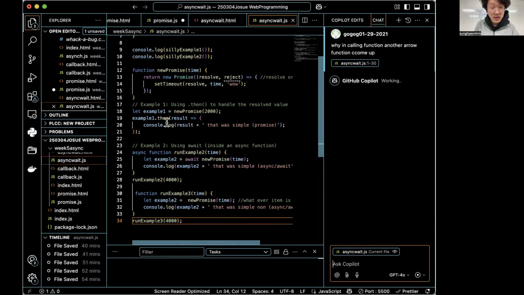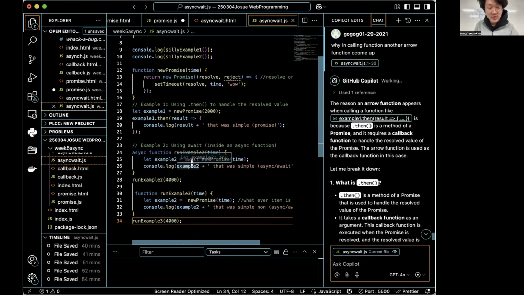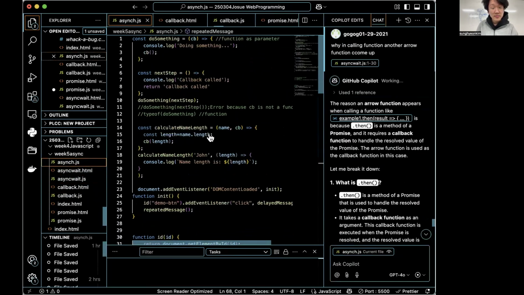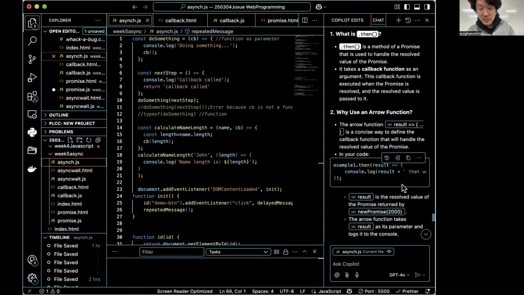We will see in Chrome together. In example 1, it is a simple promise. In example 2, it is await. So it will basically await and then just print out, so the promise will come out first. And also here, you can see this. The important thing is that if you do the next step, calling the function as an argument, there will be an error, because console.log just printed out and nothing can go into cb. So it will make an error.